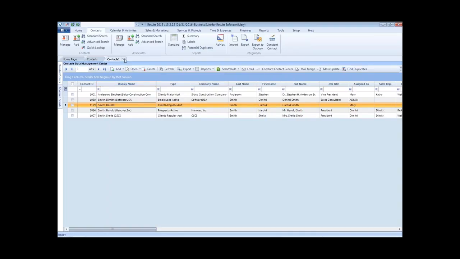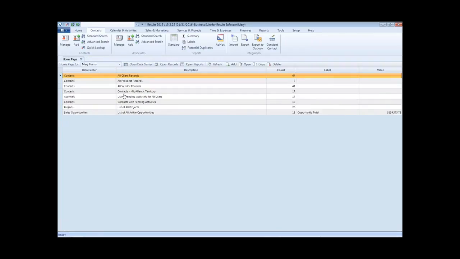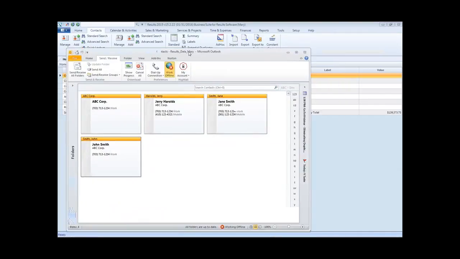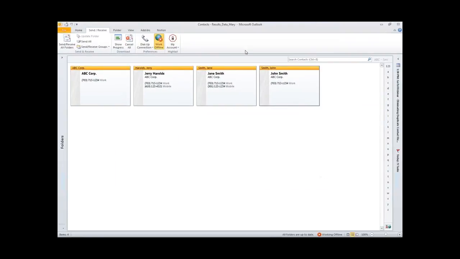Let's go ahead and take another example now. In this case, you're going to see two things in one. We're going to show you the Outlook integration in some way, and at the same time, we're going to intentionally create duplicates within the system and show you how we're going to handle them. So for this next approach to dealing with duplicates,